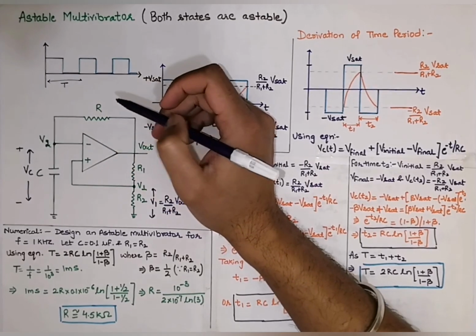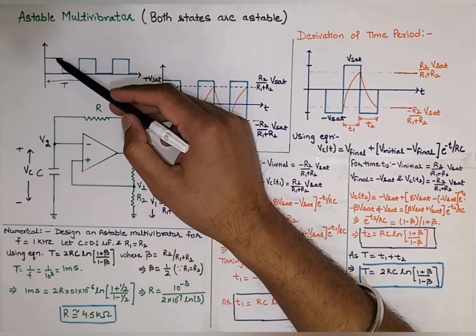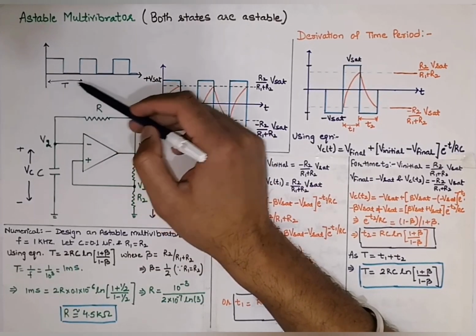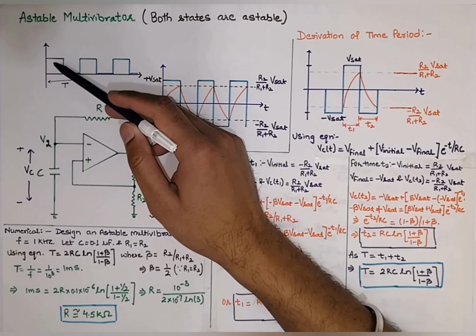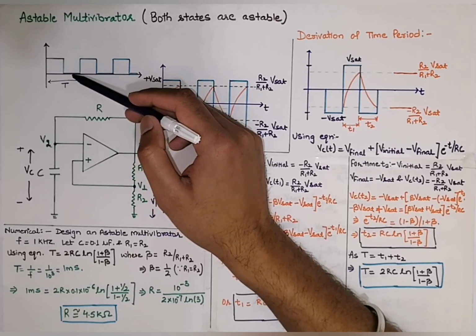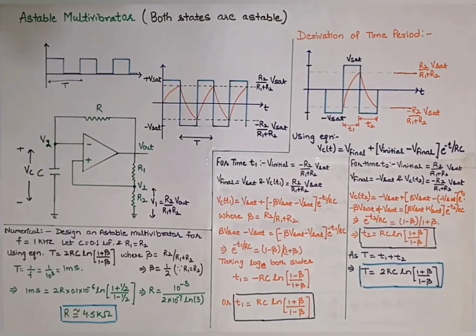the low output, or you can say it is oscillating between the high and the low output, and the time period of this oscillation is the sum of the duration for which it is on or high and the duration for which it is low or off. So to obtain such oscillations using an operational amplifier, we make use of the positive feedback.